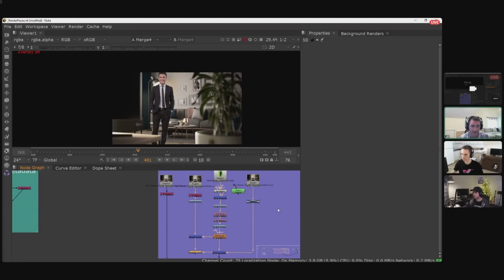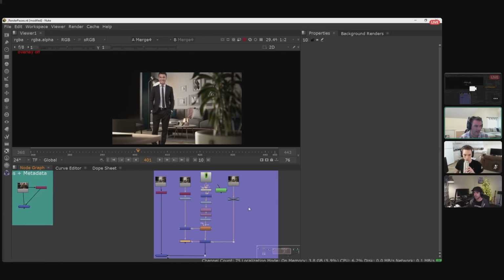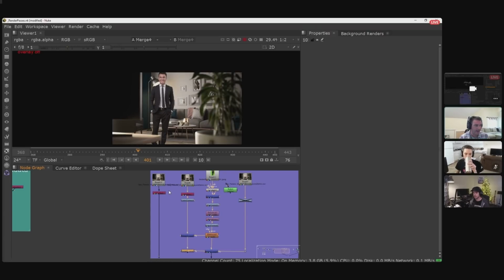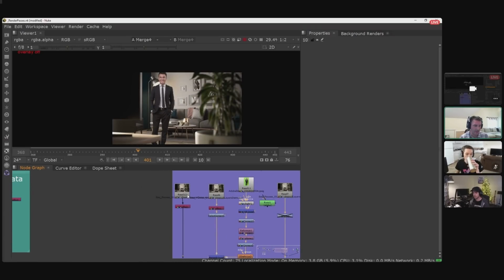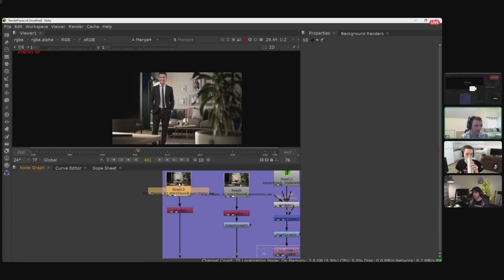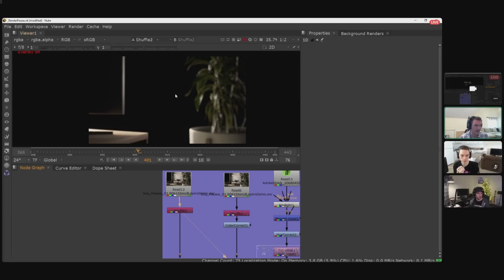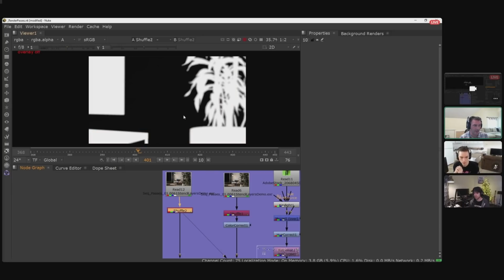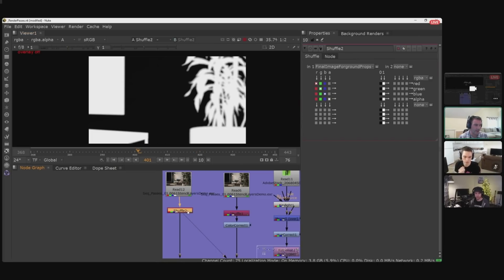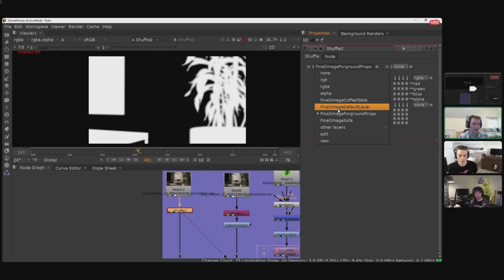Cool, thanks, Matt. So yeah, I had taken one of these renders, and I'll show you, I broke it into a couple different stencil layers. And so if I look at just the raw image, I have the apartment scene here. I've created a stencil layer. If I inspect the alpha channel, you'll see, as Matt was talking about, this white and black matte that's in the alpha channel. We store the information. So if I look at the shuffle node, you'll see it says final image, the foreground prop. So that was the name that I called it inside of Unreal.